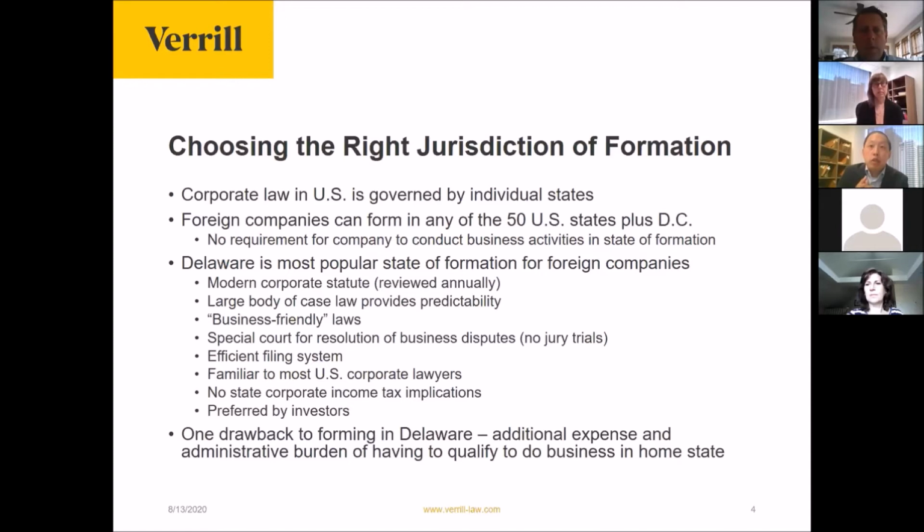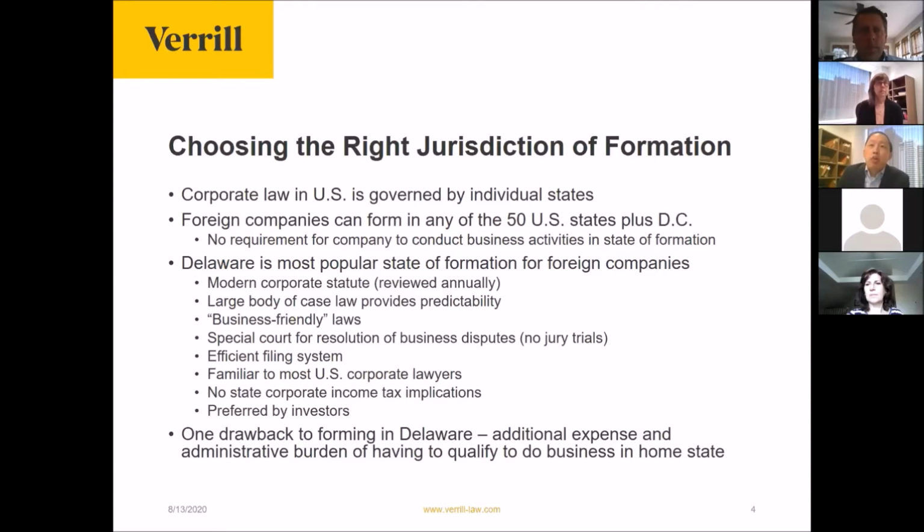And also Delaware, as with corporations, is preferred by professional investors. Professional investors just feel comfortable with the Delaware laws that will recognize their preferred stock status, will recognize their interests, so they prefer Delaware. So in effect, Delaware has made it a business of being sort of the go-to state of formation, and has been able to maintain that.